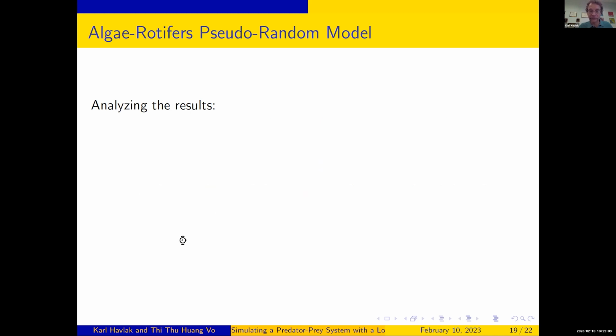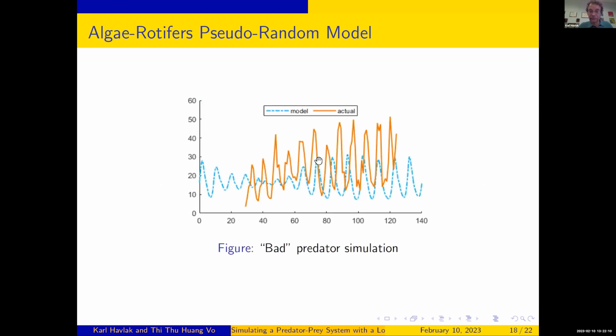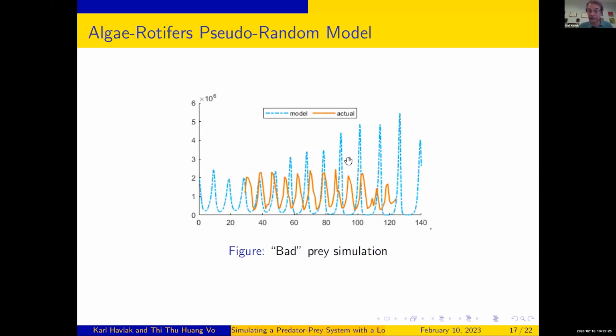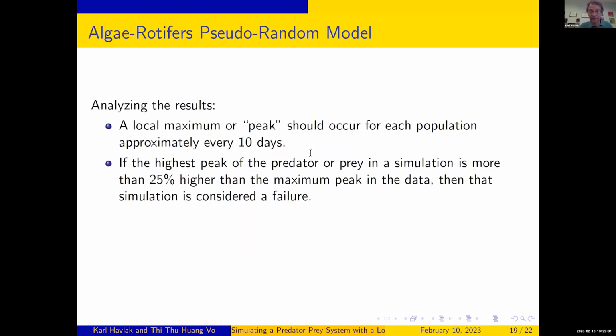So looking back, you can see this one's failing probably because our lowest peaks here are lower than the lowest peak that we're seeing here. That's the lowest peak in the data, and we've got our low peak too low. So that one didn't meet the condition. The same way here, this one is probably failing because our maximum peaks are way more than 25% above the maximum peak. So by this scoring system,